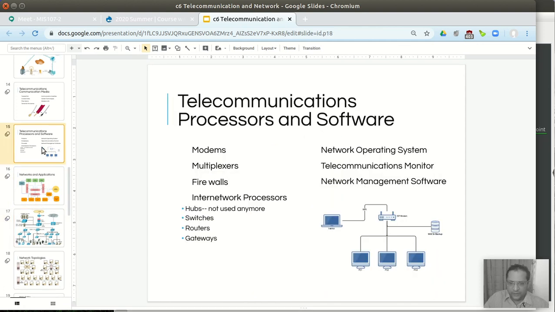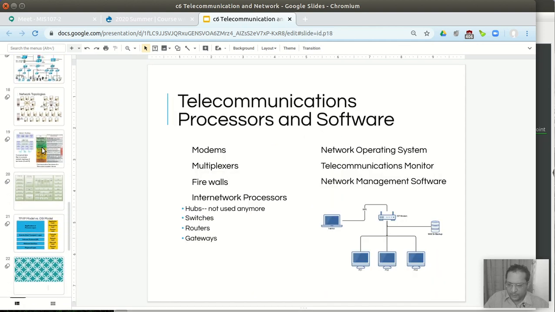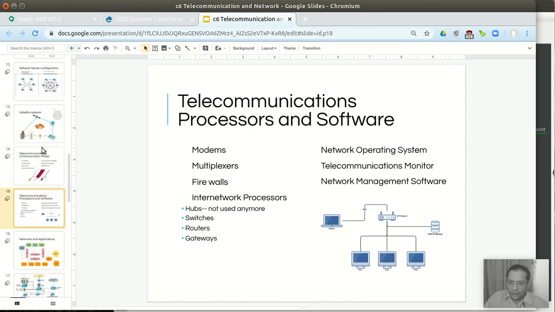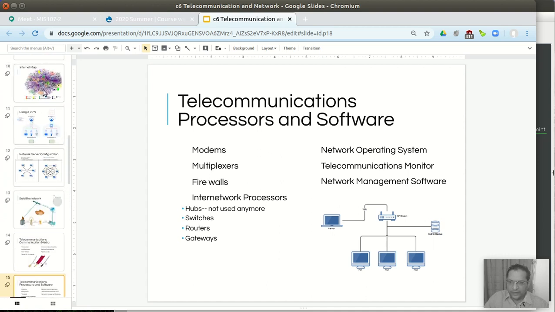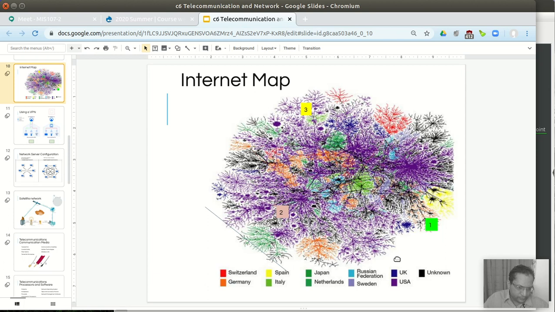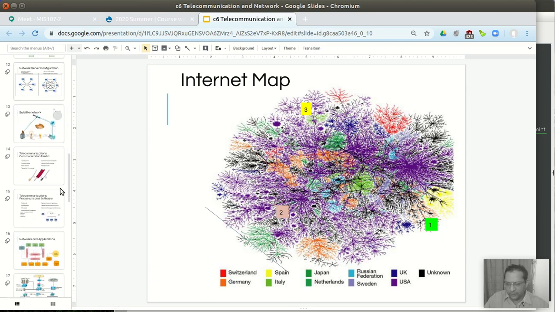A gateway is where your internet service provider connects to this internet backbone. So your internet provider might have a bunch of networks, and then they will pull them together. Then they connect to one of the gateways to the internet, by which they route their messages. So whenever you are configuring your network, you will often see it will ask for a gateway by which it will go to the internet.